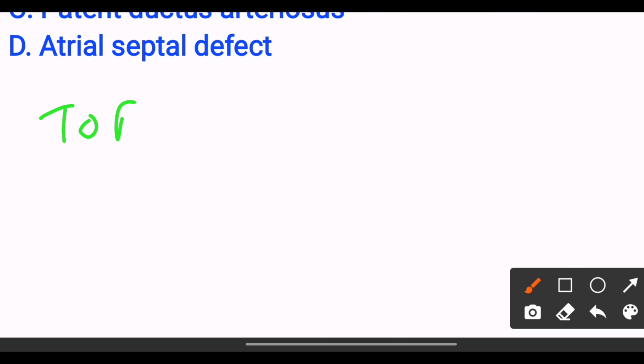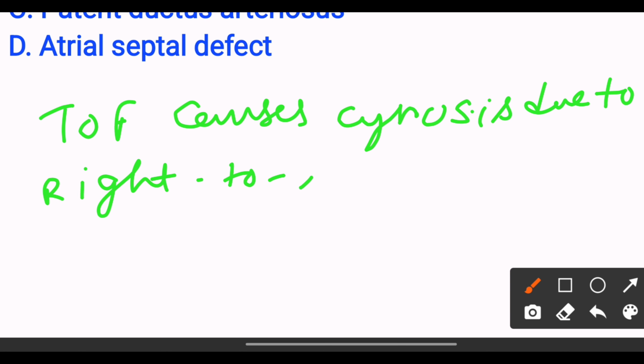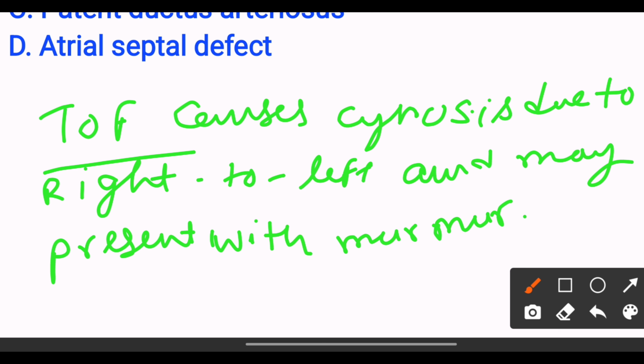Because tetralogy of Fallot causes cyanosis due to right to left shunting and may present with a murmur. So the answer is tetralogy of Fallot. Next,